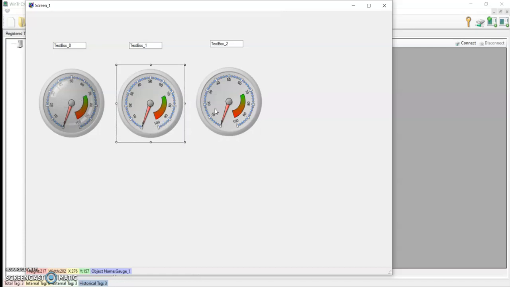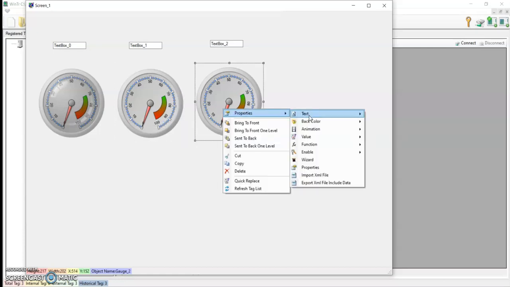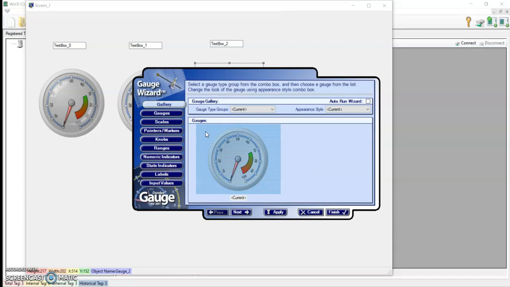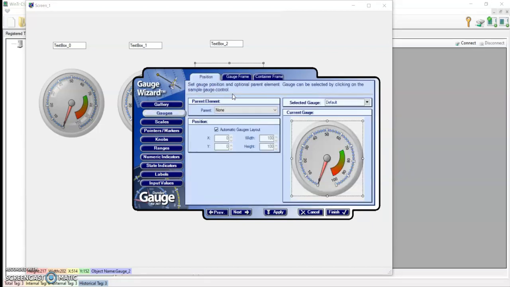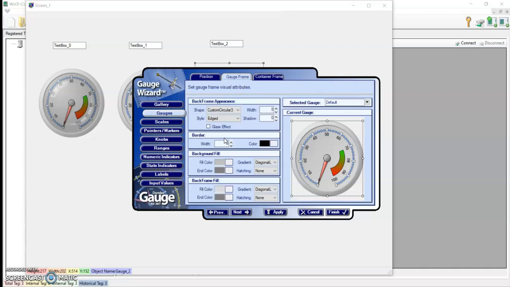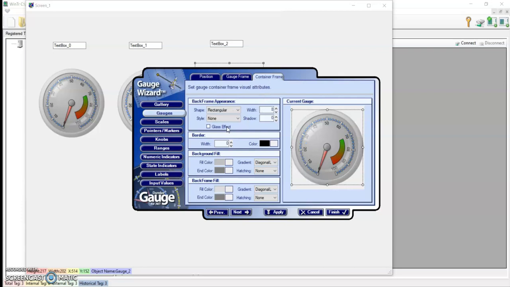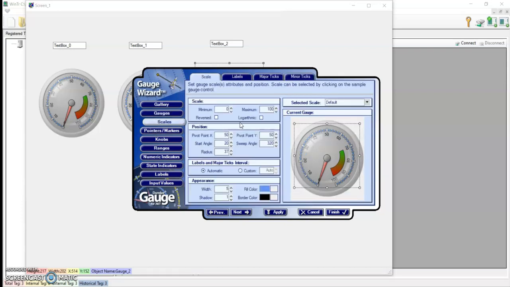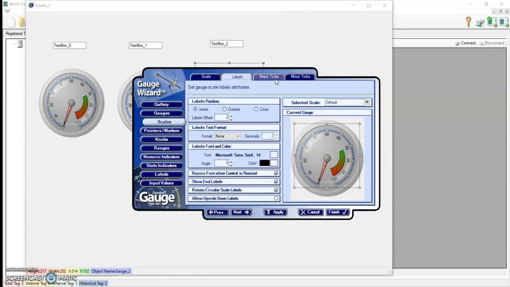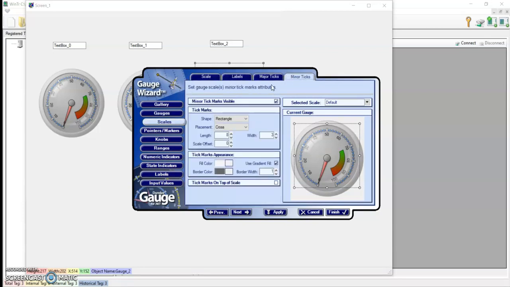Right? So I'm going to leave the center one as it is, and I'm going to do something different with the third one so that we can understand the change in the behavior or appearance. Again, I'll probably place a cross effect outside the container. It doesn't really matter. For scales, I can use labels. I can do a lot of things over there, right? So shape is trapezoidal, crosses there,